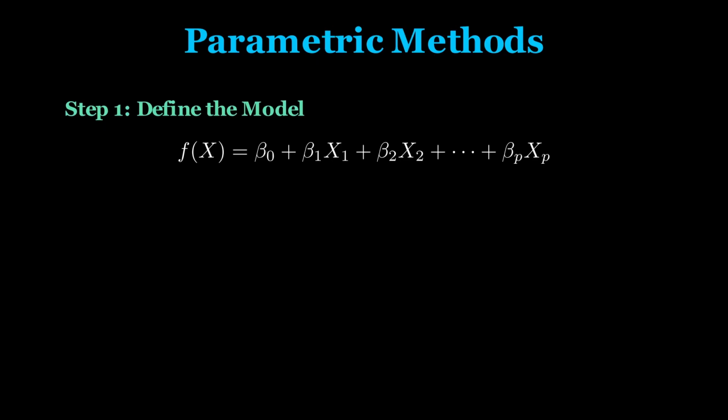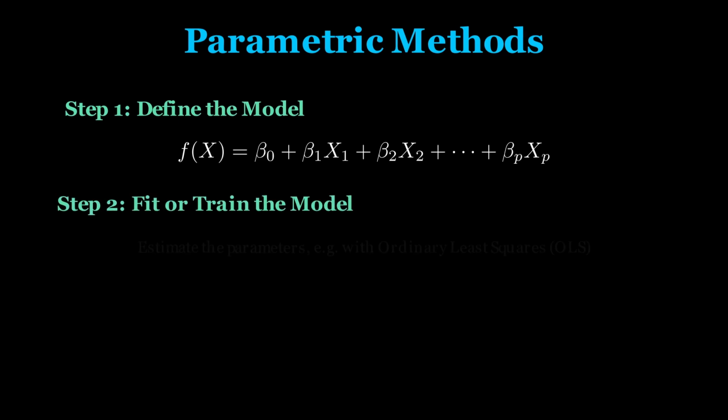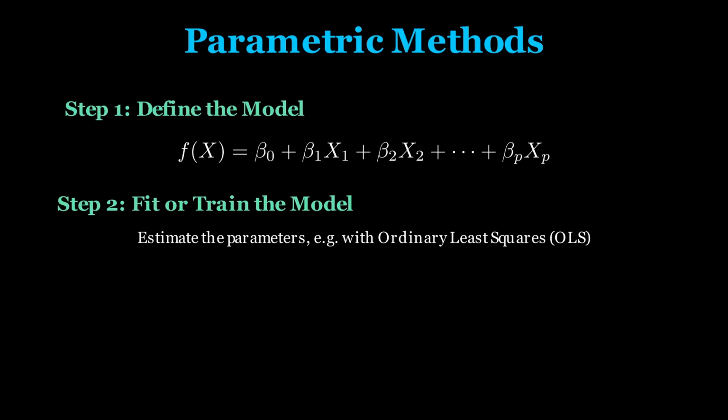For example, a linear model can be expressed as f of x equals beta 0 plus beta 1 x1 plus beta 2 x2 and so on up to beta p xp. The x's are the predictors and the betas are the parameters of the model. In the second step, we fit or train the model to the data to estimate those parameters. One common method for fitting a linear model is ordinary least squares, but there are many ways to estimate parameters,